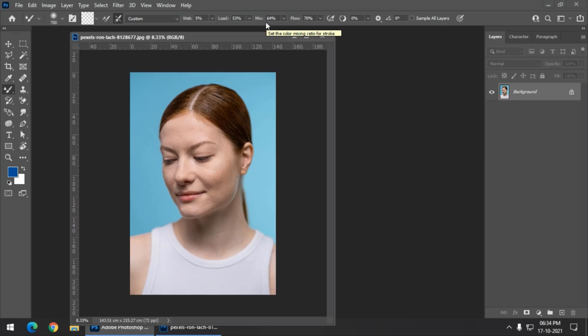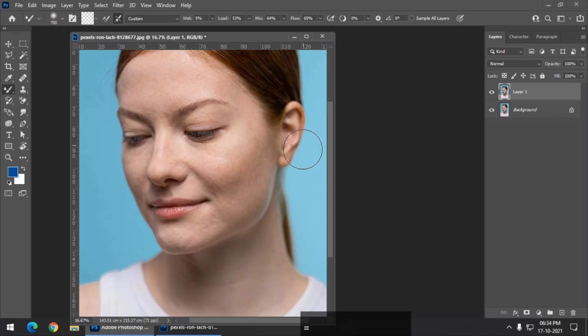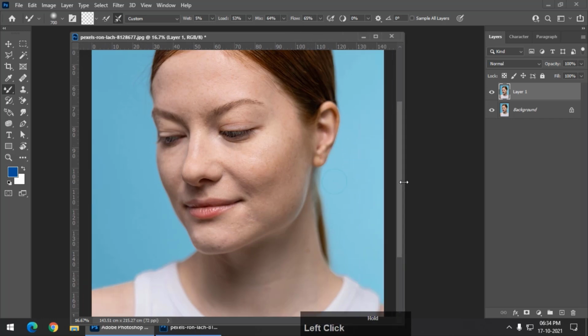Now these are the values you can keep on changing. Apply it on the image and see for yourself what value suits that particular image, and keep it accordingly, because there is no fixed value; the values will change image by image. Now again, flow, I'm keeping it to like 60, between 60 and 70, and now Ctrl J again.